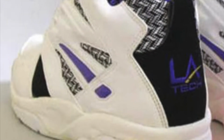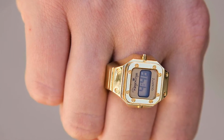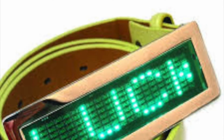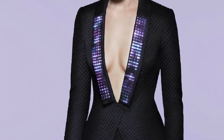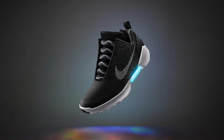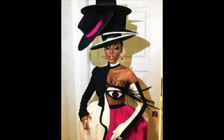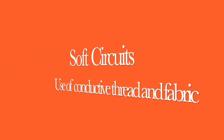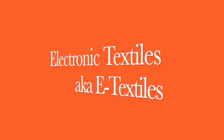Growing up, I've seen how we've gone from light up footwear and light up trainers to those cute little digital watch rings, and I definitely remember those programmable message belts as well. And what we have now is clothes that can interact with social media, actual self-tying trainers, and even winking robotic dresses. Thanks to the introduction of sewable electronics and soft circuits into the fashion industry, there has been far more refined and discreet ways of integrating technology into clothing and accessories,